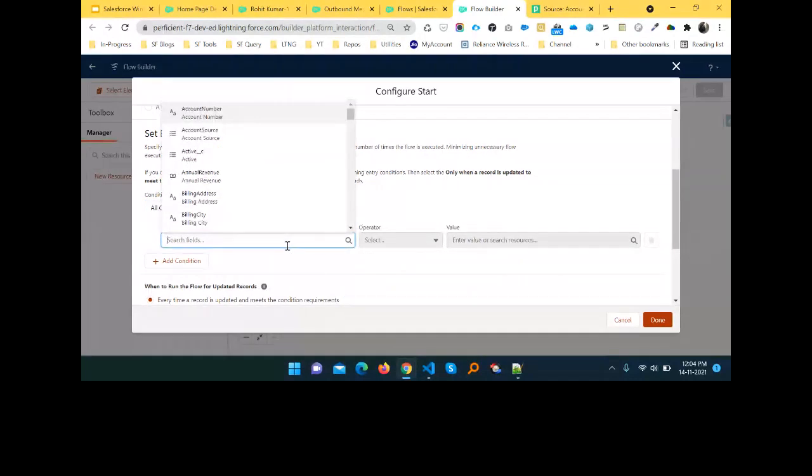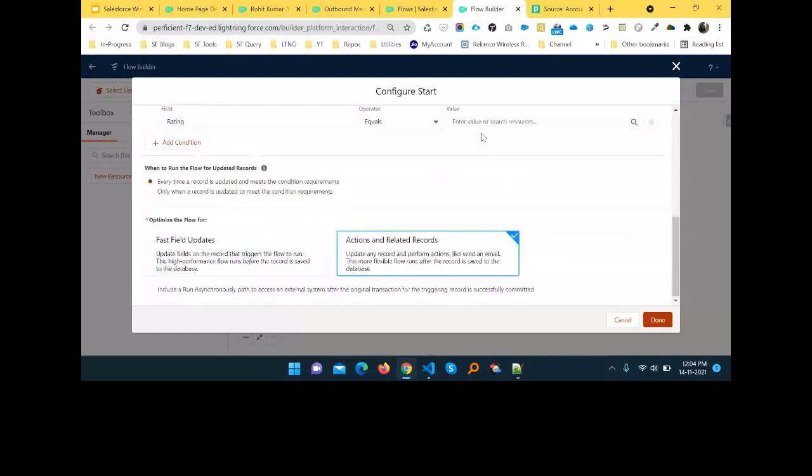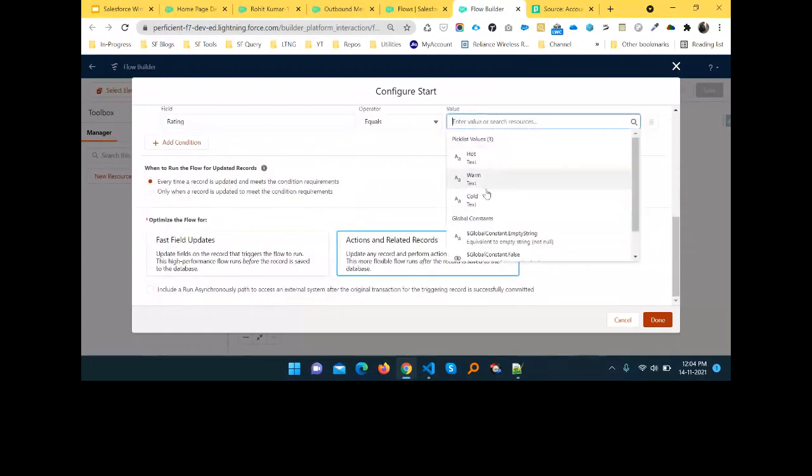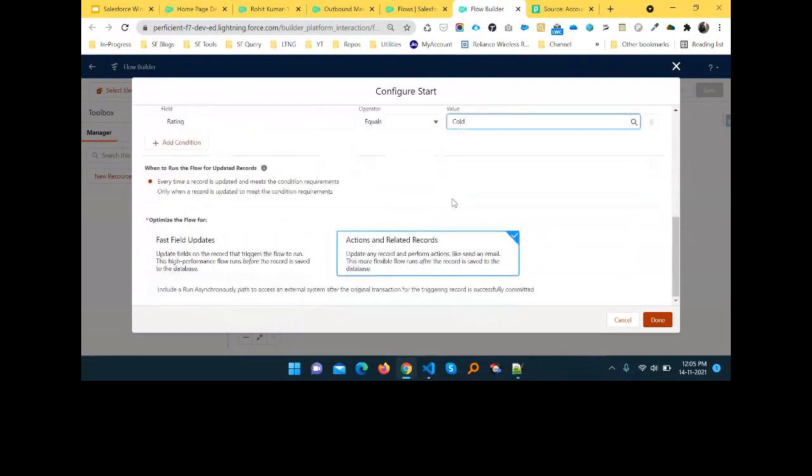Maybe account rating equal to any value like Cold. So if rating is equal to Cold, this flow runs, otherwise not. The rest of the things you can leave as they are.